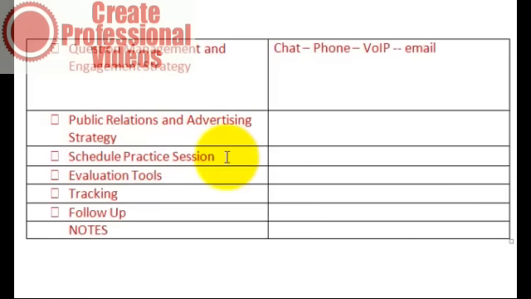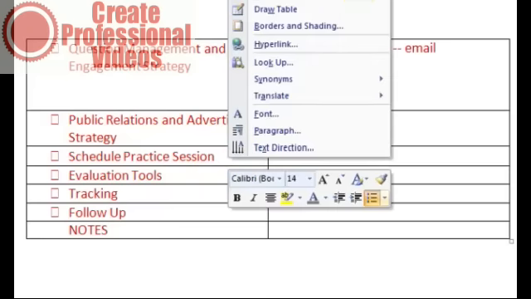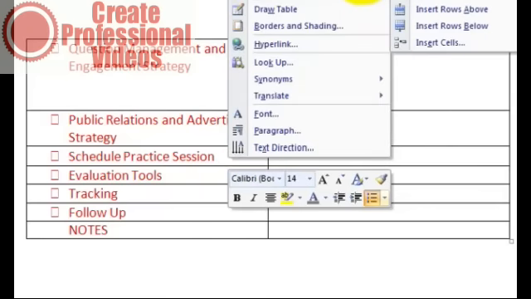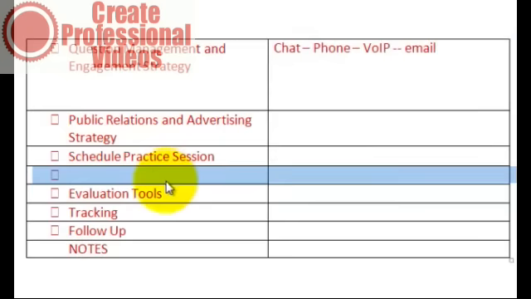Schedule a practice session. I'm going to add something here that I did not put in. I'm going to insert a row down here and also talk about recording plan. Recording plans, let's say that. Most of the platforms have a way to record those webinars.